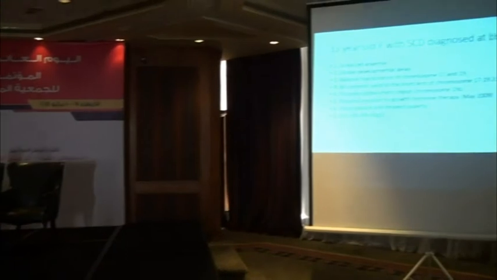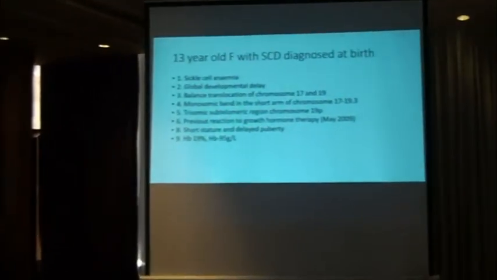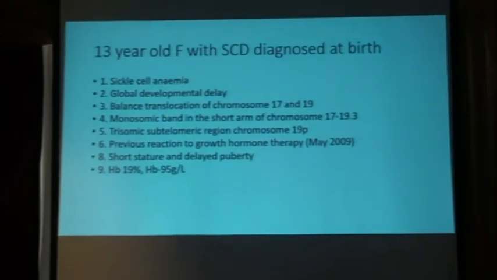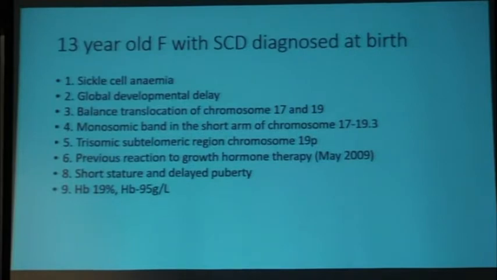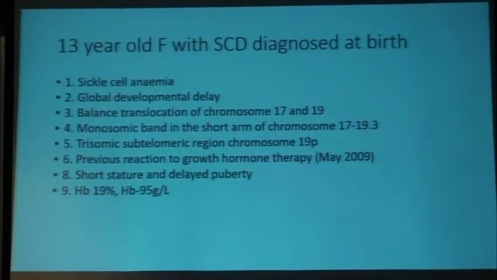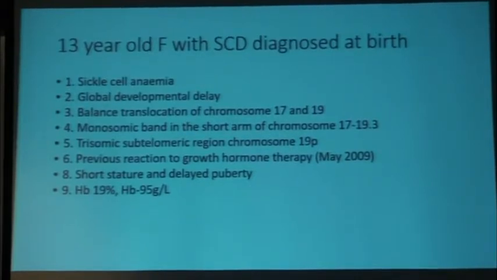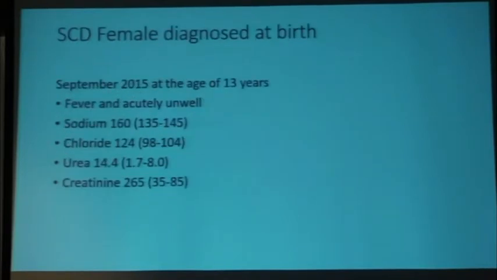I presented this case before. It's a 13-year-old girl with sickle cell disease who had multiple complications. Sickle cell disease had very little impact on her life, apart from the fact that she had short stature. She had a very good hemoglobin level, and hemoglobin F was also very high, so she was doing quite well. But we had a few problems, because the short stature gave some injections and affected growth and development. And then suddenly in 2015, this child presented with acute problems, acute renal failure,